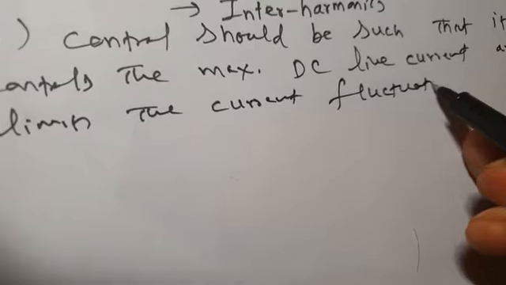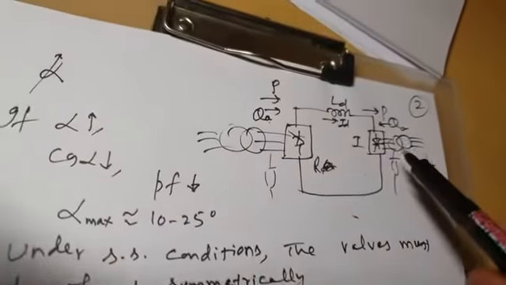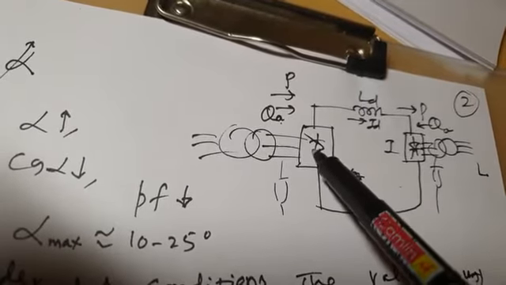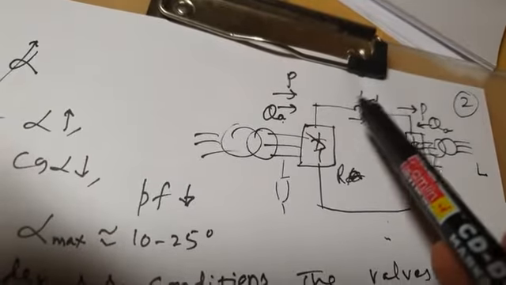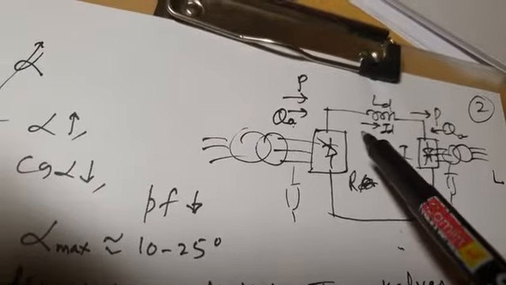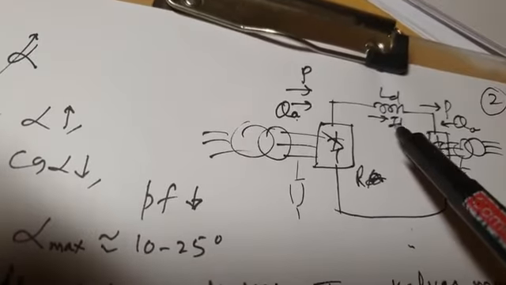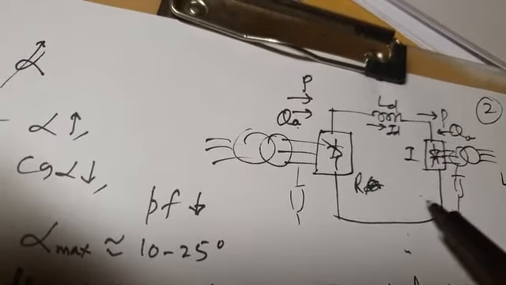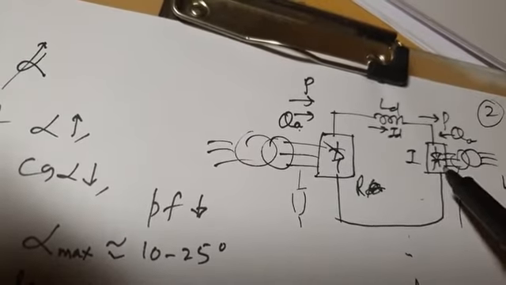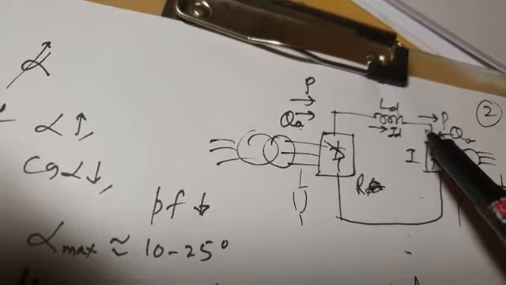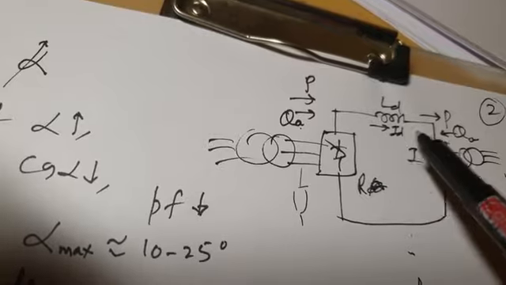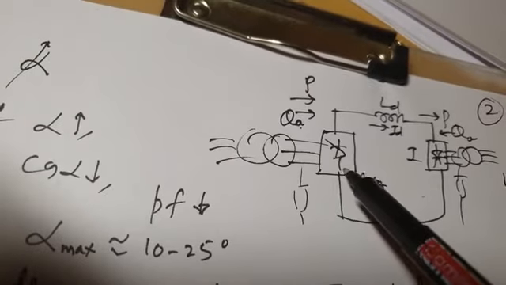Actually, what happens if this is your rectifier and this is the inverter, and there is a collapse of voltage on the inverter side? Current ID is the rectifier side voltage minus the inverter side voltage, divided by impedance. So current will increase. If the collapse of voltage is large, current may increase very high, so high that it may cause damage to both converters. All the valves, or most of the valves, may get damaged, and your DC line may also get damaged. To avoid that situation, whenever this inverter side voltage collapses and current tends to increase, your control logic circuit